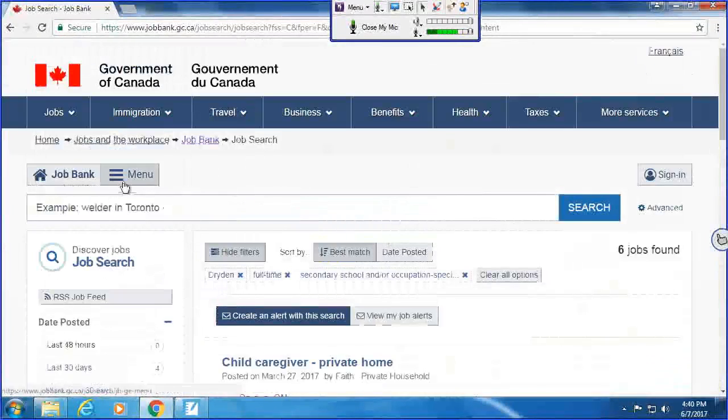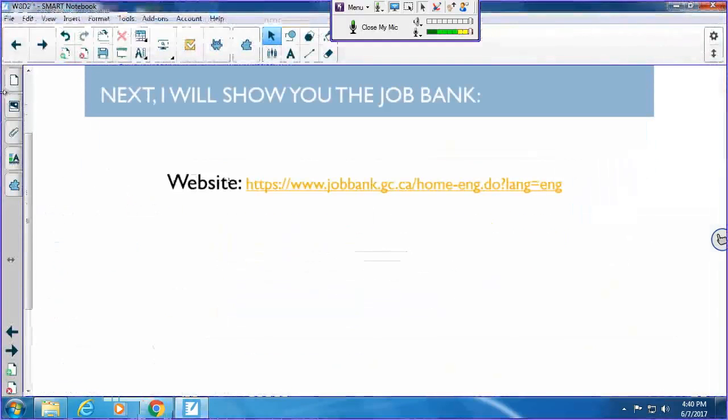But so you can see that signing up for things can be useful depending on what you need it for, right? Maybe all you need to do is search, and that's enough for you. That's fine. But if you think that you need more help, then you can do that, right?